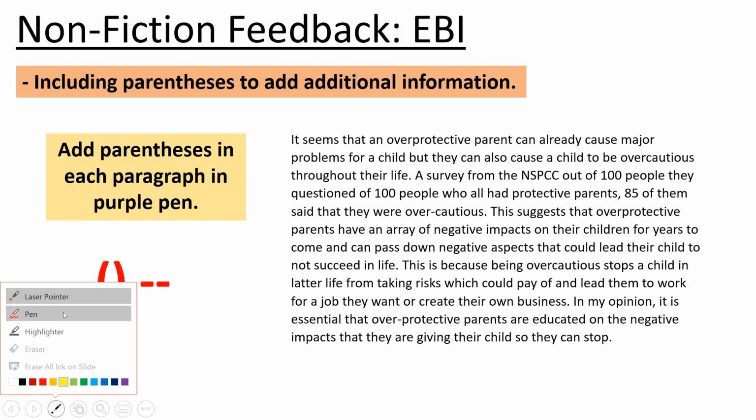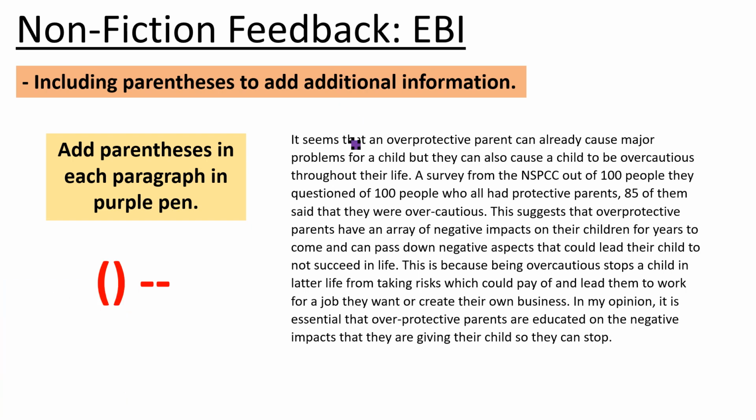So I'm going to grab my purple pen and add parentheses in, and I think I want to add it at the beginning here. So I'm just going to draw a little arrow, or you could star it, whatever you think. So it says, it seems that an overprotective parent can already cause major problems for a child, but they can also cause a child to be overcautious throughout their life. And then I'm going to put a dash, and then I'm going to write